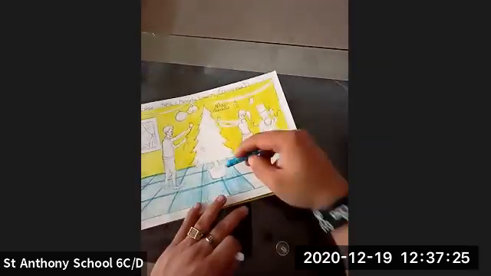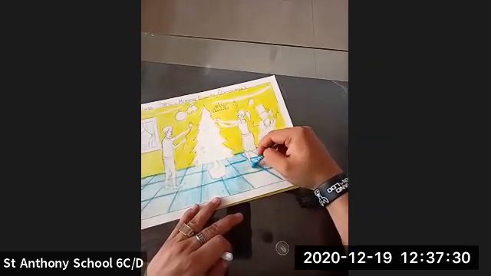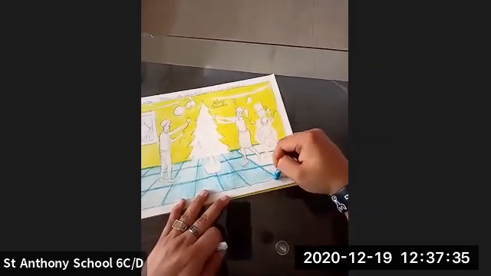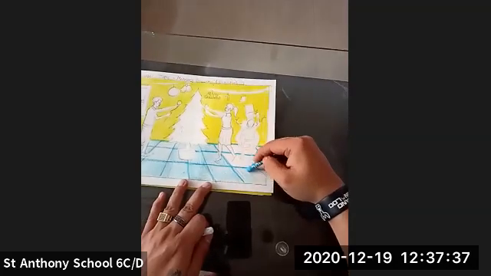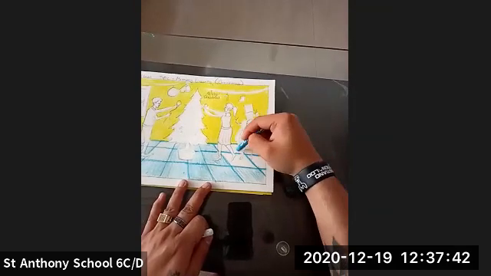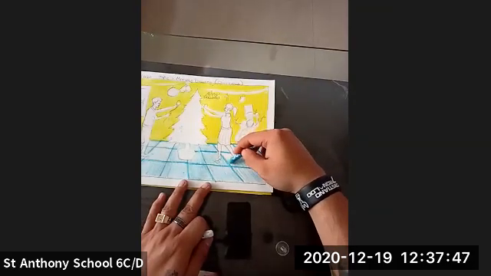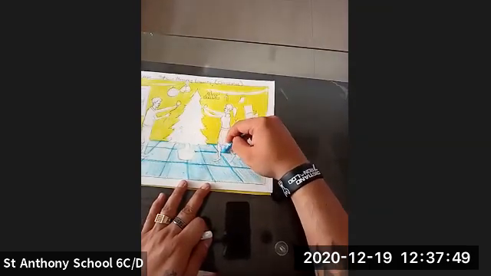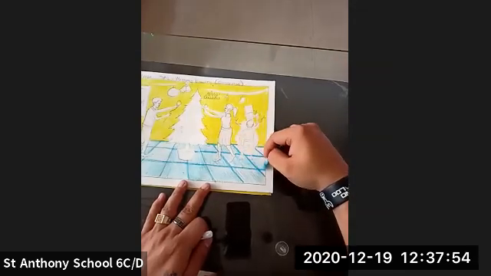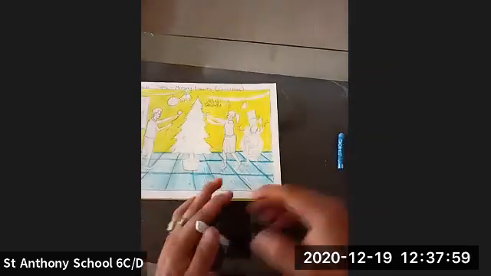Just look at this. This is how you're going to color the floor.